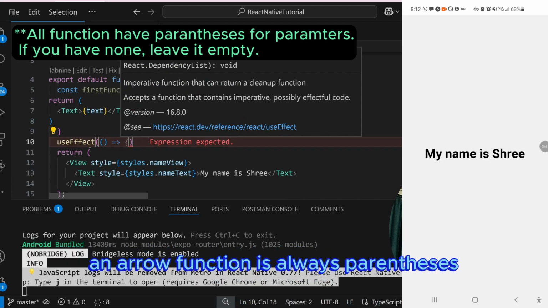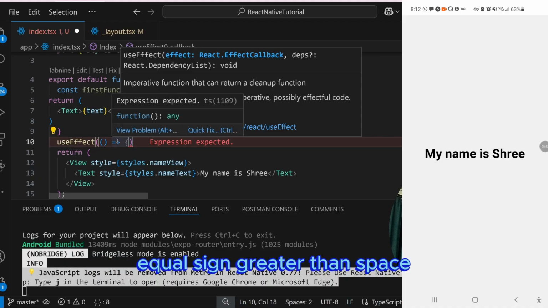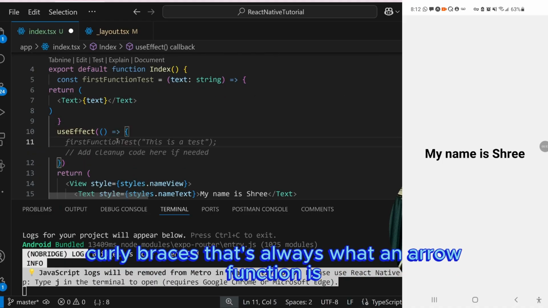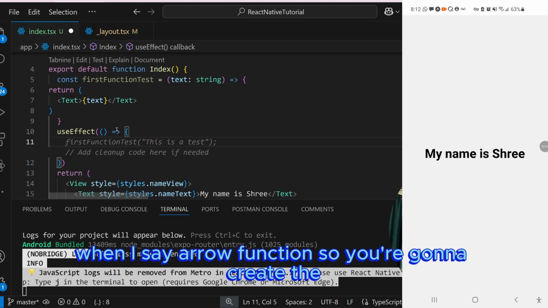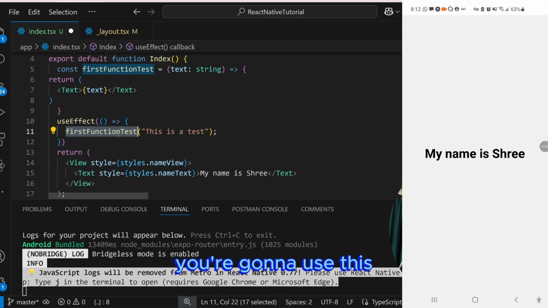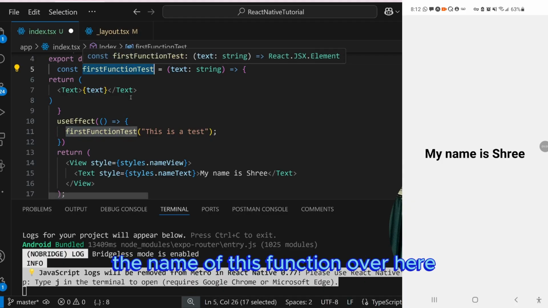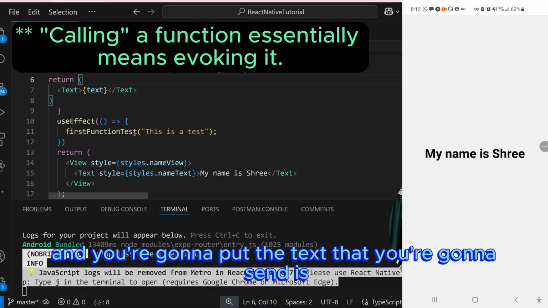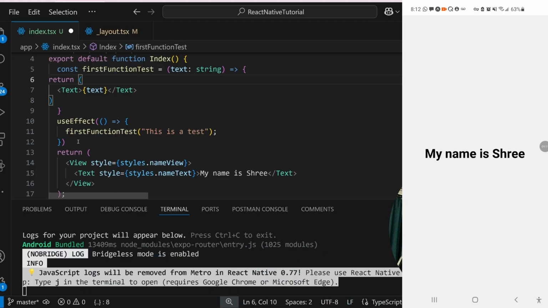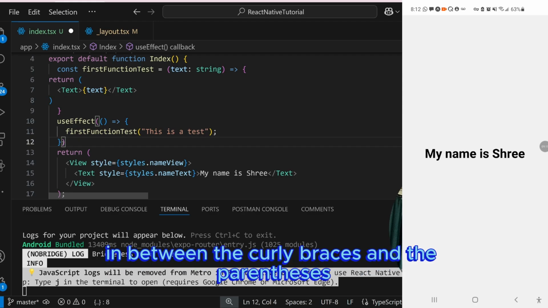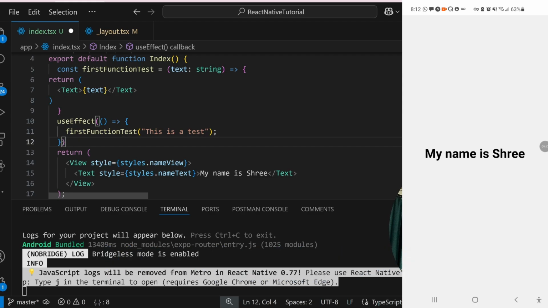An arrow function is always parentheses, equal sign greater than, space, curly braces. That's always what an arrow function is when I say arrow function. So you're going to use the name of this function over here, and you're going to call it, and the text that you're going to send is "this is a test". And then outside of the curly braces, in between the curly braces and the parentheses, you're going to type in